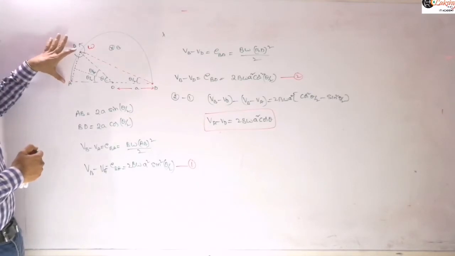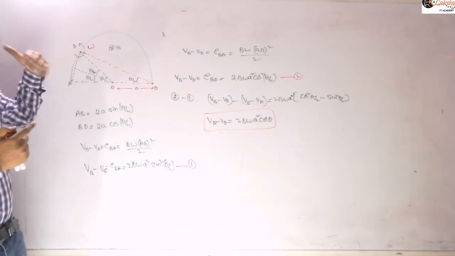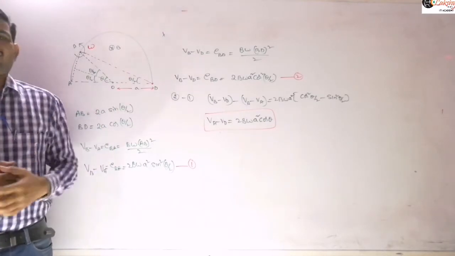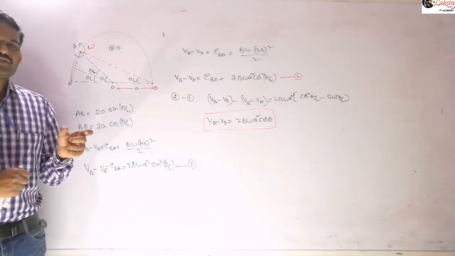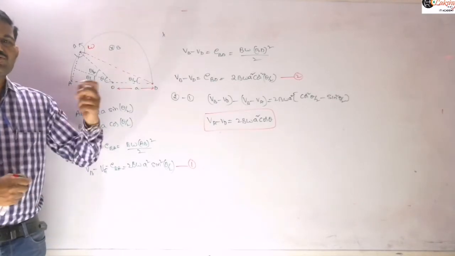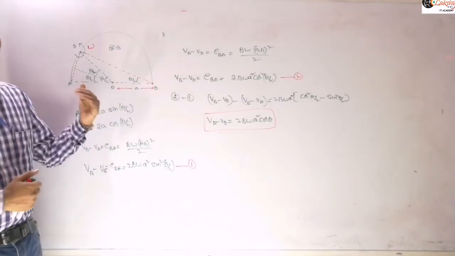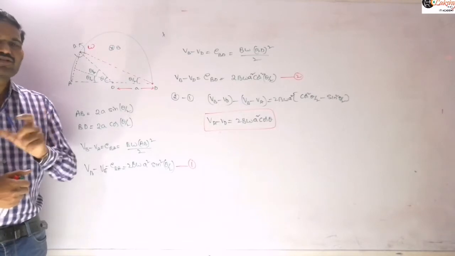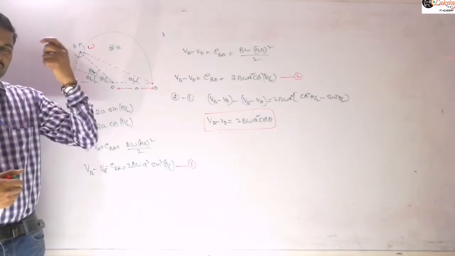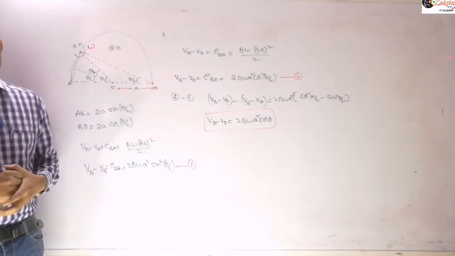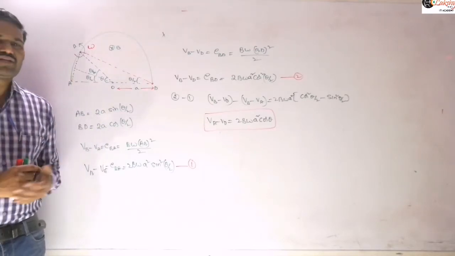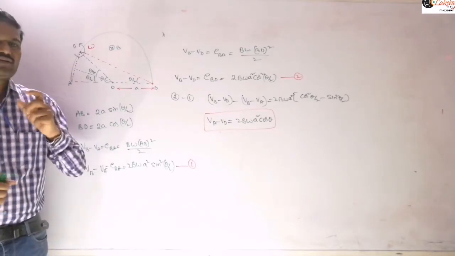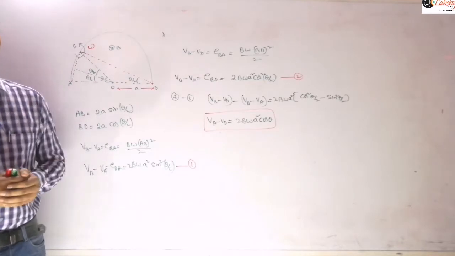And as we know, this part will behave like a cell. This cell has some internal resistance. When the cell has internal resistance and current is flowing through it, the potential difference across the terminals is different from the EMF, right? So you need to write the formula like E minus IR. That principle you need to apply here. You should be very cautious between the words potential difference and EMF when the circuit is closed and when it is open. When it is open, there is not much difference between them. But when the circuit is closed and current is flowing, there is a large difference between them. Both are totally different values, right?